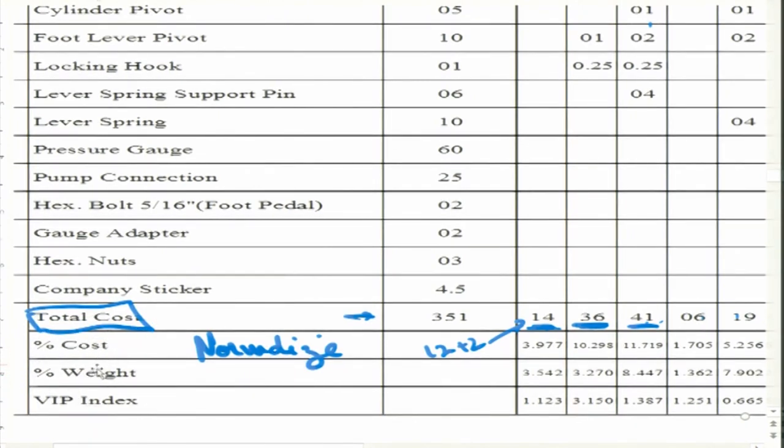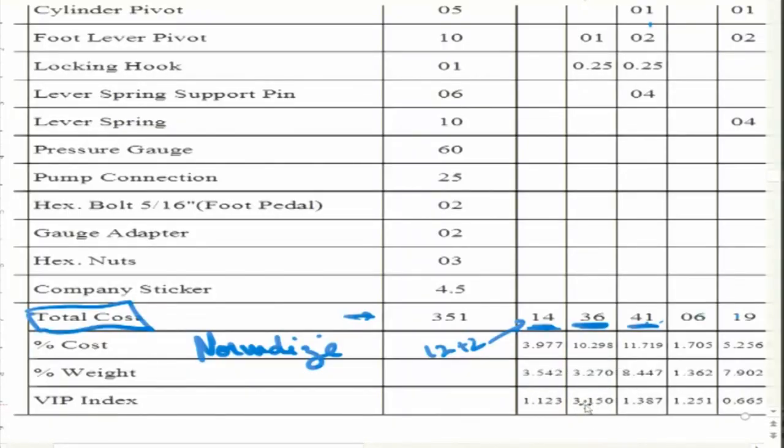Now the cost to weight ratio is the VIP, value improvement index. This 3.977 divided by 3.542 is 1.123. Similarly, in function C, 11.719 divided by 8.447 is 1.3. Any of these values, the value improvement index, is actually the improvement potential, for the functions where there is